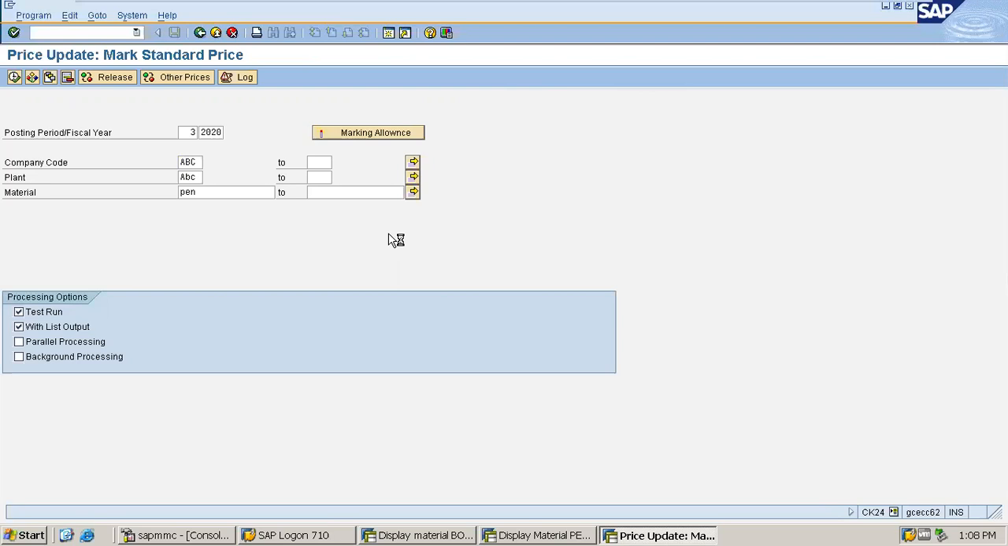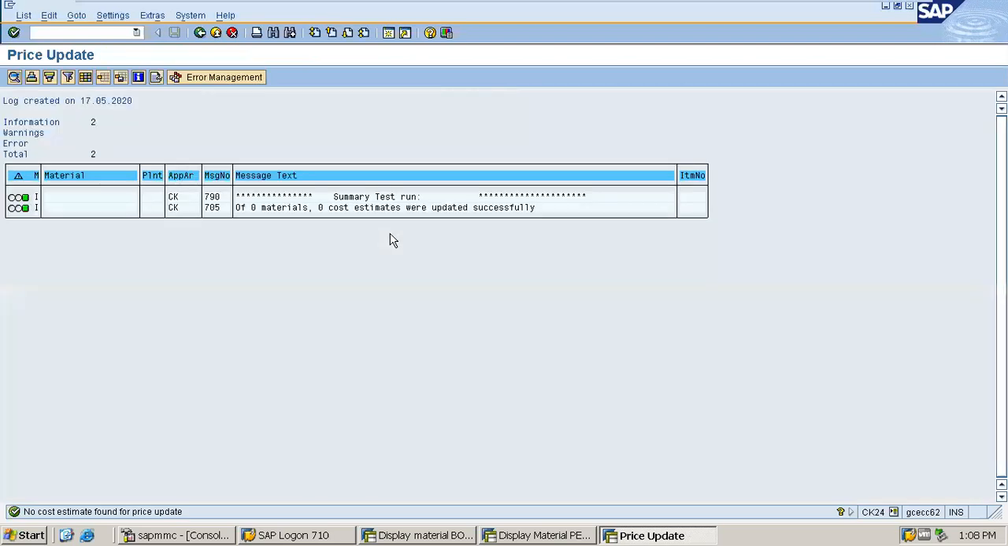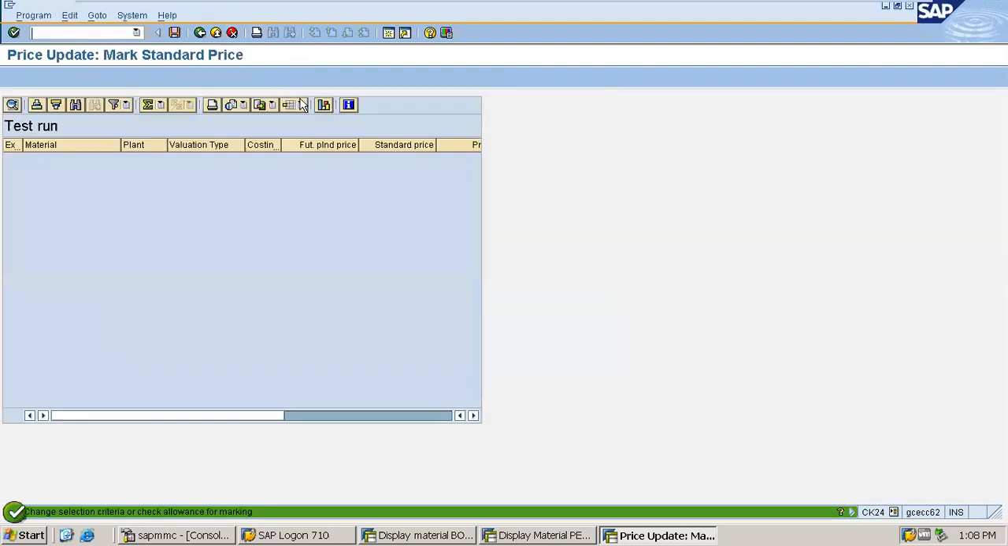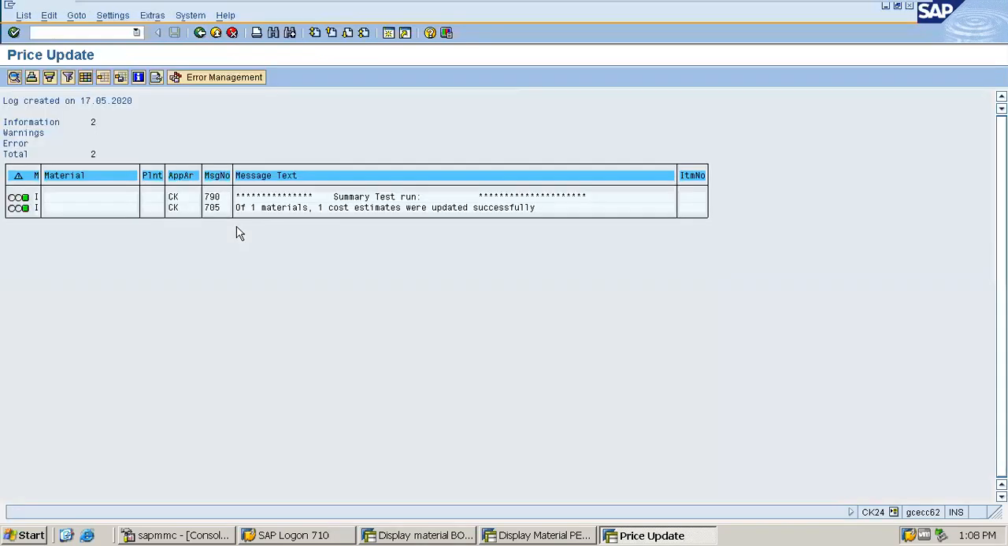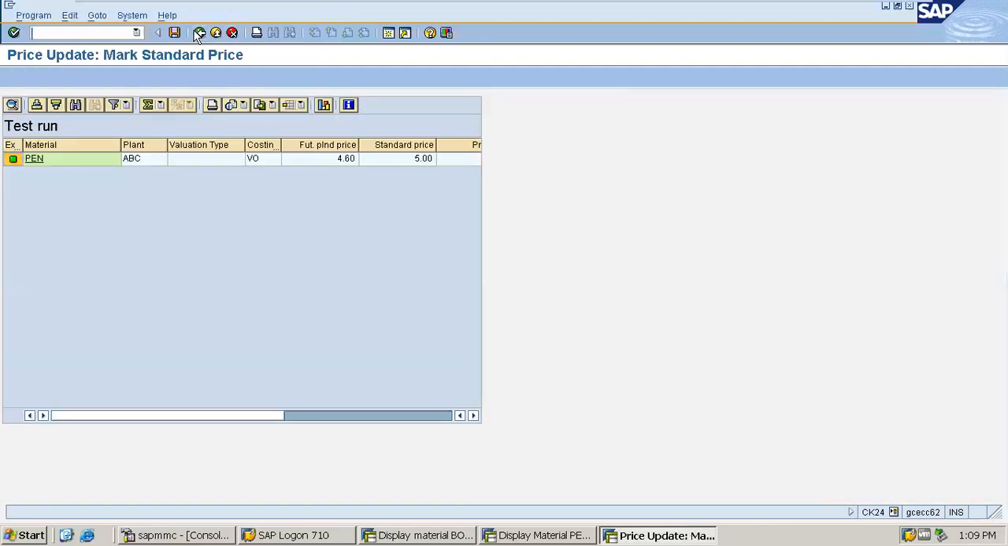Now it will show the proposed price. I think the fiscal year and period is wrong. This is May. That means, oh sorry, the period is 2, as April is 1 and May would be 2. This is the month of May. Now executing it. Yes, one material posted successfully and updated successfully, but in the test run mode,